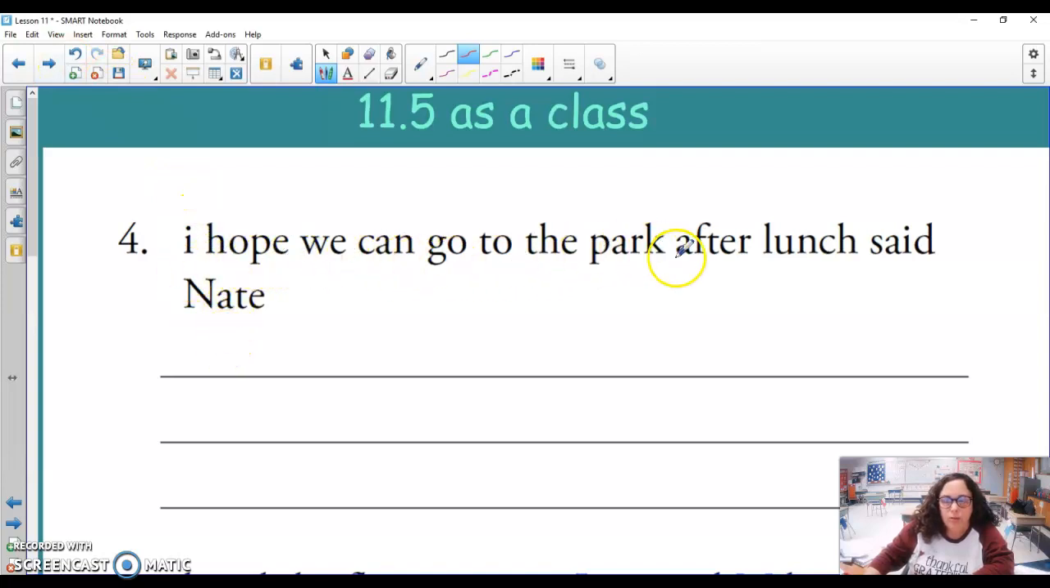"I hope we can go to the park after lunch," said Nate. So now Nate's already beginning to speak in the sentence, so we have to start out our sentence with quotation marks because this is where Nate started talking. And of course, we're going to capitalize the I because I is always capitalized when it's by itself, but it's also in the beginning of a sentence here as well. So you'll write quotation marks, "I hope